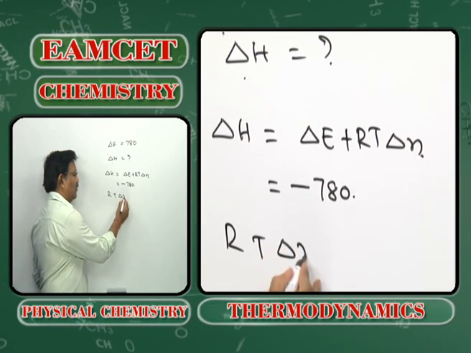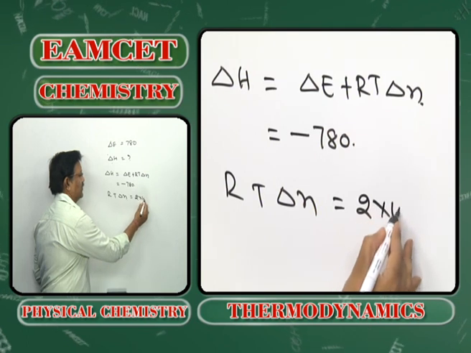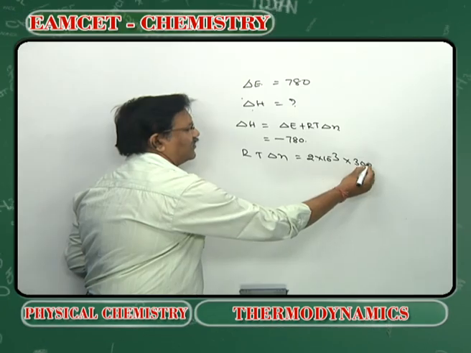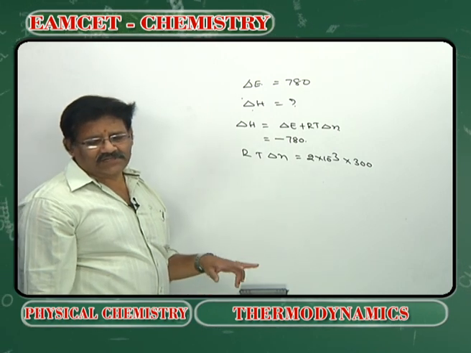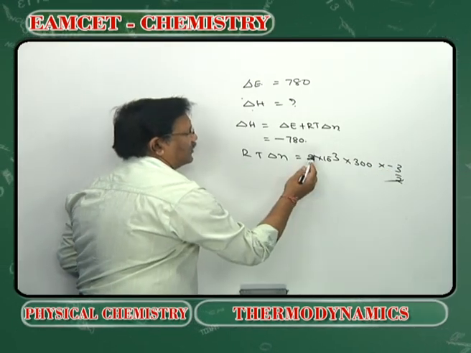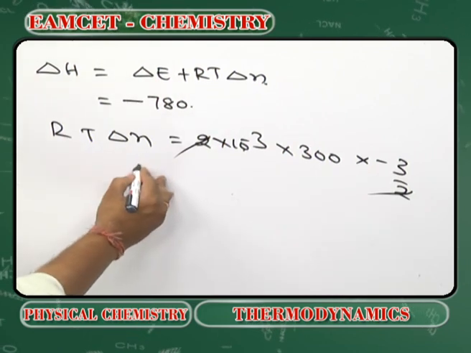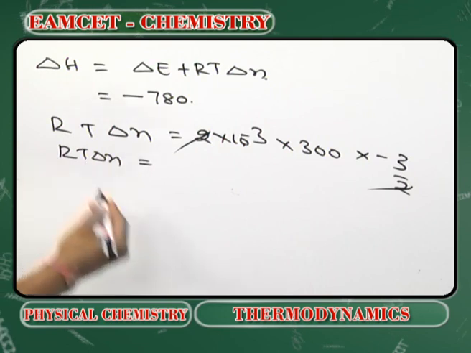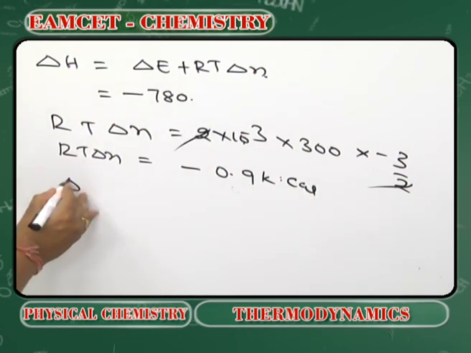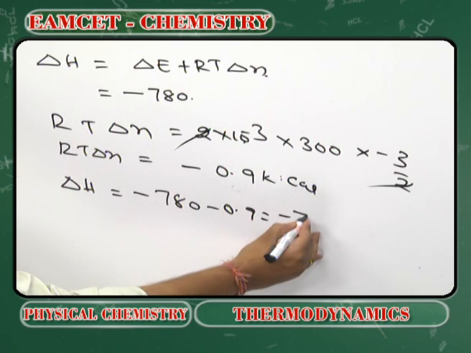RT delta N value in kilocalories: R value is 2 into 10 to the power minus 3. What is the temperature? 27 degrees centigrade, 300. What is the delta N value? Minus 3 by 2. The 2 gets cancelled out, giving 900. So RT delta N is equal to minus 0.9 kilocalories. So delta H will be equal to minus 780 minus 0.9, that is minus 780.9